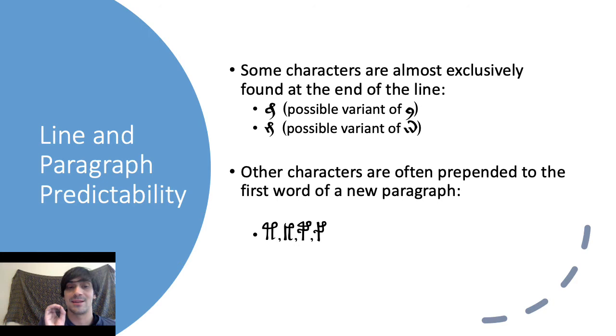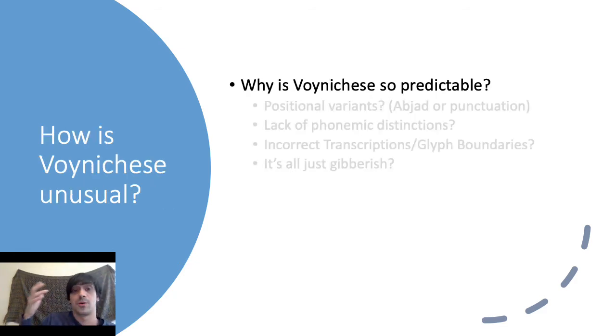And in this case, they are almost always marking the beginning of a paragraph. So most paragraphs in the text are demarcated by having one of these four characters followed by the first word of the paragraph. So these are examples of character variation that maybe seem more like punctuation. They seem to be demarcating something about the text, the space in the text, rather than something about the word itself. But so putting it all together,